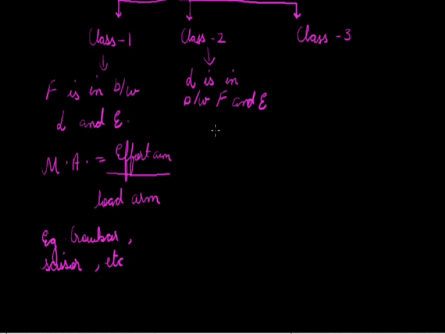As load is in between effort and fulcrum, its mechanical advantage is always more than 1. It is so because the effort arm is always longer than the load arm. So, mechanical advantage will be greater than 1. Its examples are bottle opener, nutcracker,